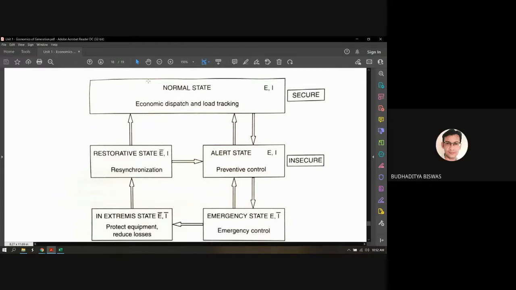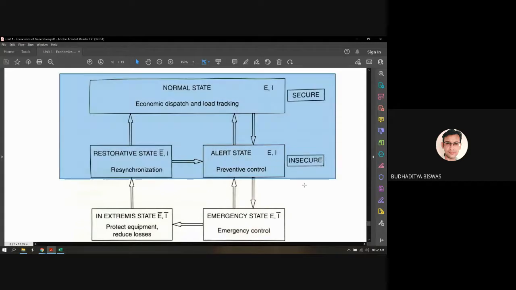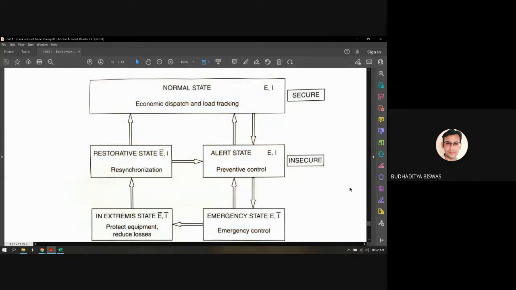Suppose your power system is in the normal state, so everything is healthy. Now, due to some problem, suppose 3 units are there, unit 1 to 3. Unit 1 is generating normally, not touching the limit, but you or your program or the SCADA observes that unit 2, which is supposed to generate between 50 and 100 megawatt, where 100 is the maximum limit and 50 is the minimum limit, is generating 70 megawatt in the healthy state. So 70 is within 50 to 100, and everything is healthy.